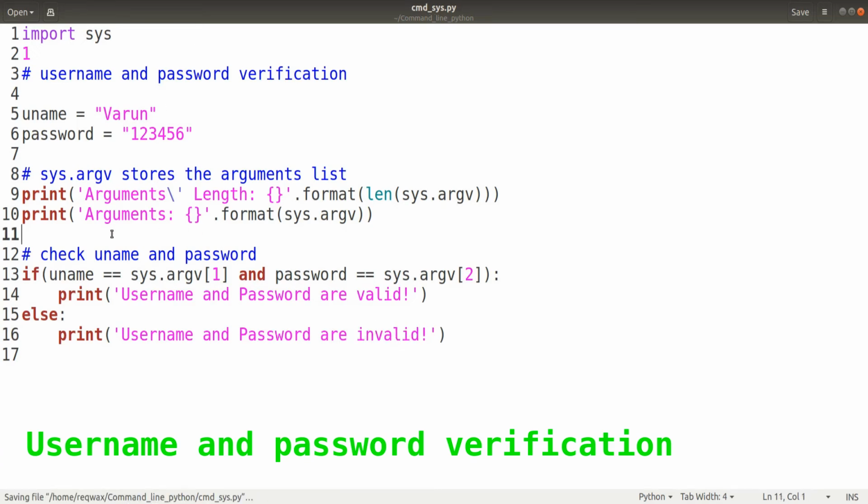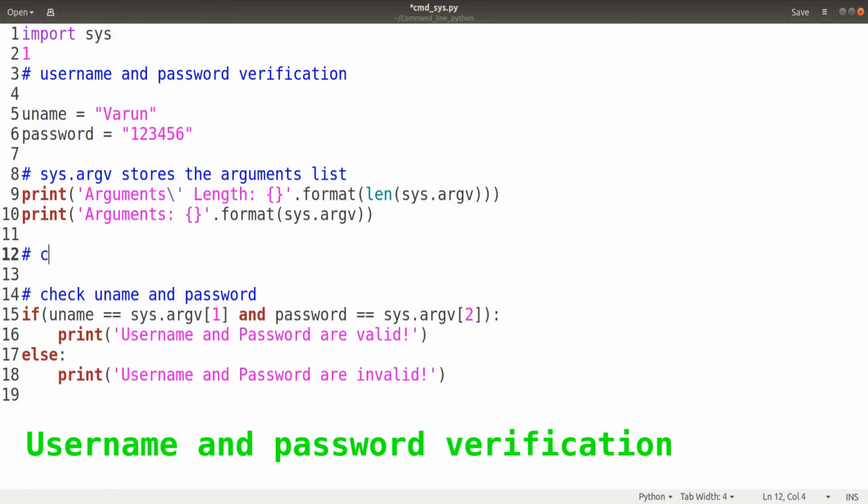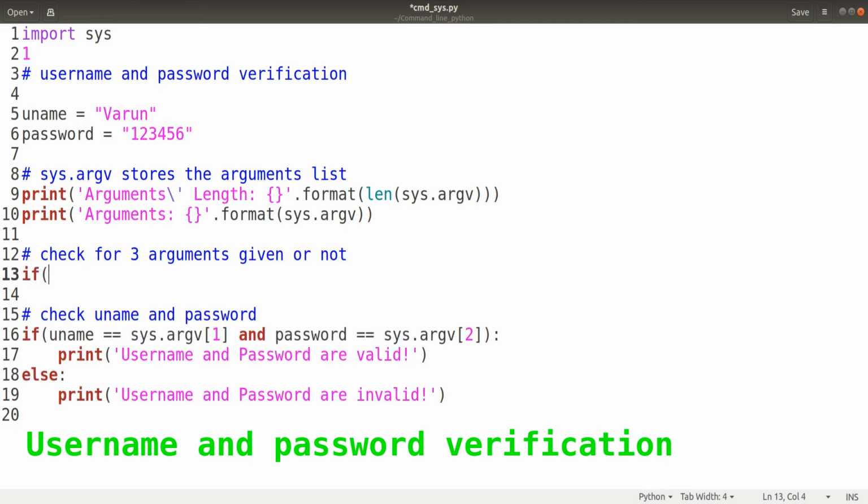Okay, so now let's check whether the user has entered 3 arguments or not. Right, so check for 3 arguments. Why 3 arguments? Because we have included file name, username and password, so 3 arguments. Let's check if length of sys.argv is not equal to 3,